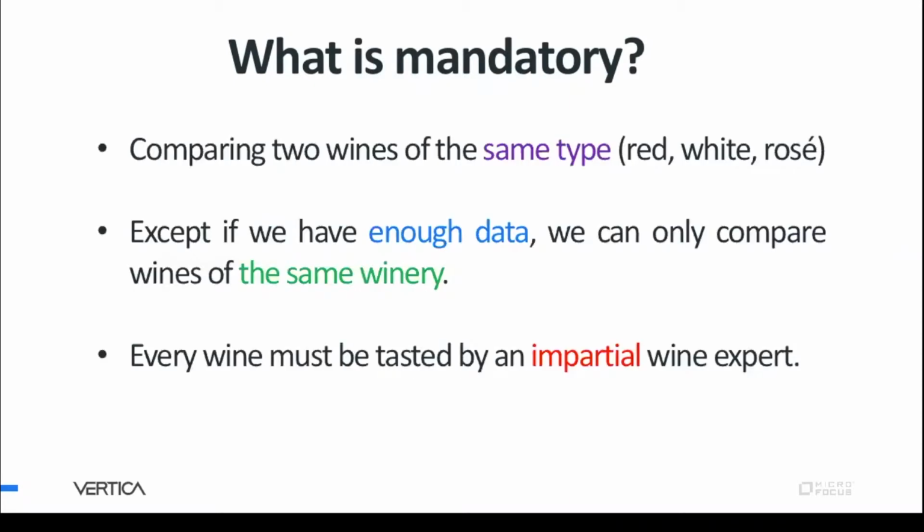Let me explain myself. First, what is mandatory in the study? We must compare two wines of the same type. So we cannot compare a red wine to a white wine. It doesn't make any sense. The white wine will be more sweet than a red wine in general. It doesn't mean that a white wine is better than a red wine. We must compare comparable elements. And except if we have enough data, we can only compare wines of the same winery,